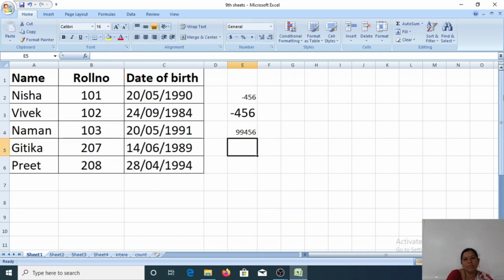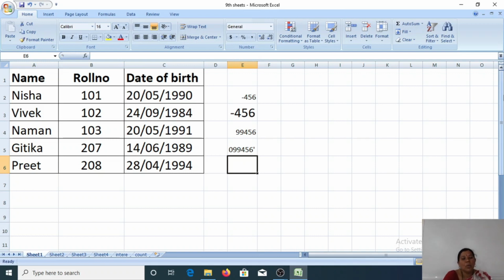Excel ignores the prefix 0. So if we want a 0 prefix in a cell in Excel, what we have to do? We have to use an apostrophe. Okay, apostrophe, 0, 99456, press the Enter key. Now you got the prefix 0.